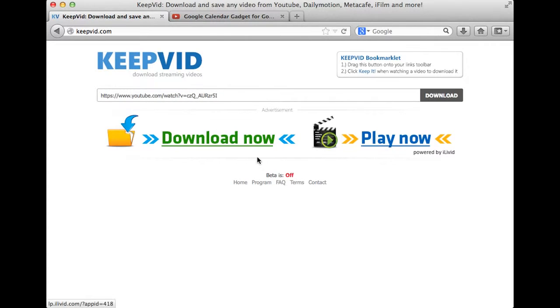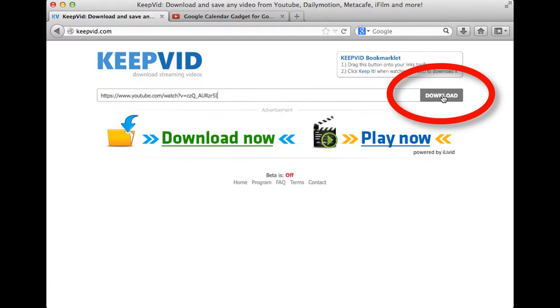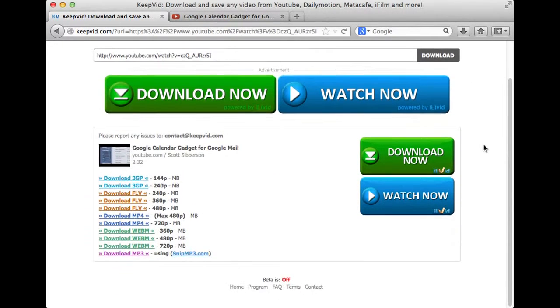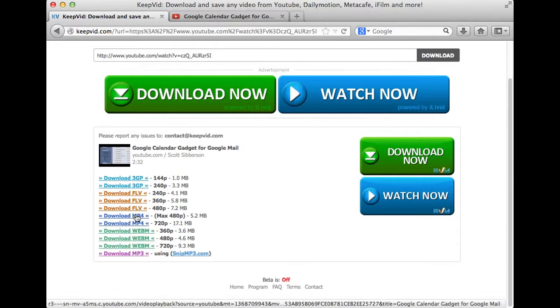Then don't click these buttons, these are in an advertisement section. We're going to click the download button over on the right hand side. We click download. It uses Java, some applets, and it downloads the video into some different formats. We wait for all of them to load. I find an MP4 format that gives me 480 width, so it'll be a fairly small file that I can use. I click to download,